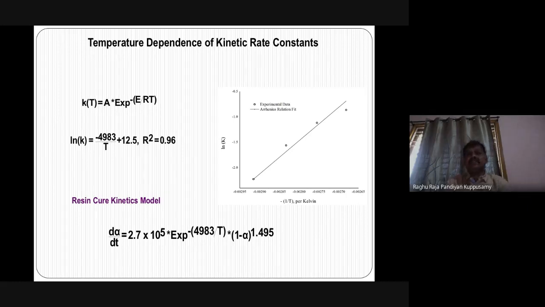If you buy a resin, most manufacturers won't tell you the curing time or whether it is fast curing or slow curing. If you see the product data given for the resin, you will only see, okay, cure it at 180 degrees for 3 hours and you will get 100% cure. It may not be right, or it may not even be required, because curing is a very energy intensive process, since you have to apply temperature. So you can understand from the activation energy how easily I can cure a resin. That is what I meant to say.